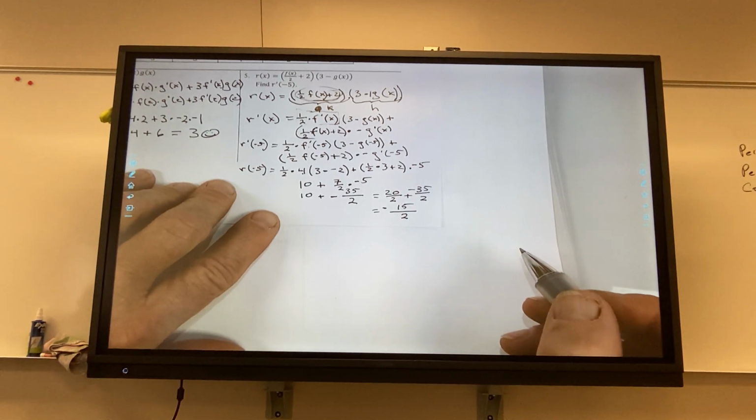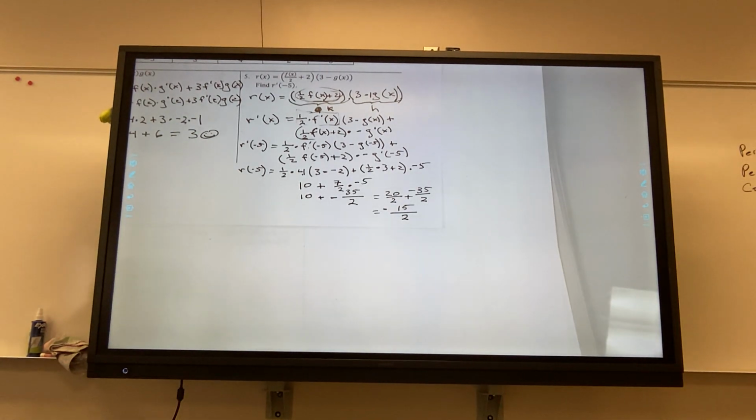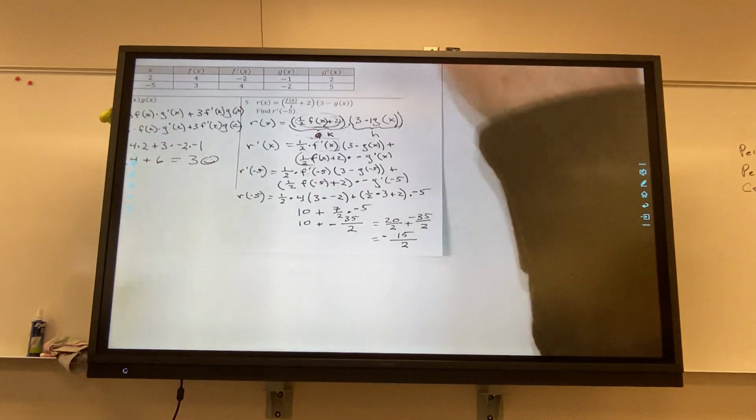Okay? So those are 2 examples of stuff you're gonna get on the AP exam. Okay? The biggest thing, identify that you have multiplication, identify what 2 functions you're multiplying, take the derivative of each of those individually, and then go up here and apply